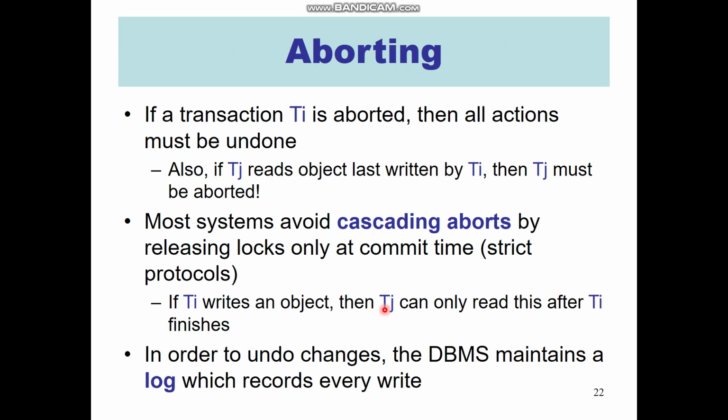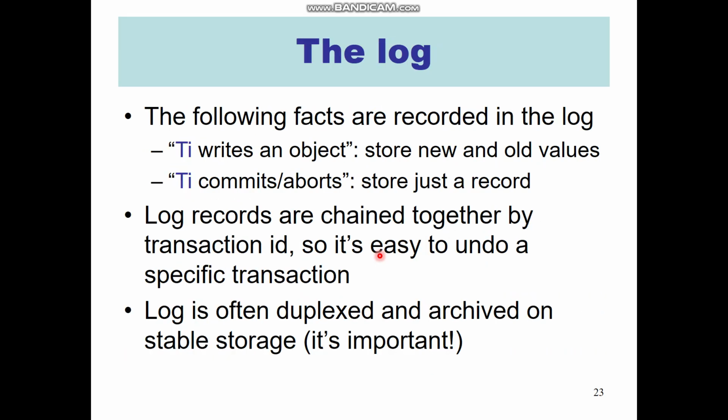If the transaction is aborted, then all actions must be undone. Most systems avoid cascading aborts by releasing locks only at commit time. If you remove the locks at commit time, this helps you avoid these issues. If you remember from the start, we do this with the help of the recovery manager and logs, which can be used for aborting purposes. The log records any changes and queries run on the database. Log records are kept by transaction IDs, so it is easy to